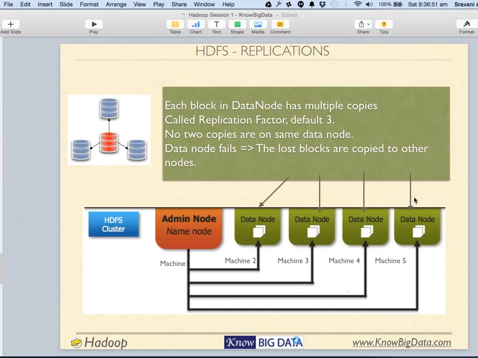In a similar spirit, each block is copied thrice onto different machines, not on the same machine. In case one of the data nodes fails, all the files whose blocks are lost, the replication factor will come down. In order to bring up the replication factor, the data starts getting copied.